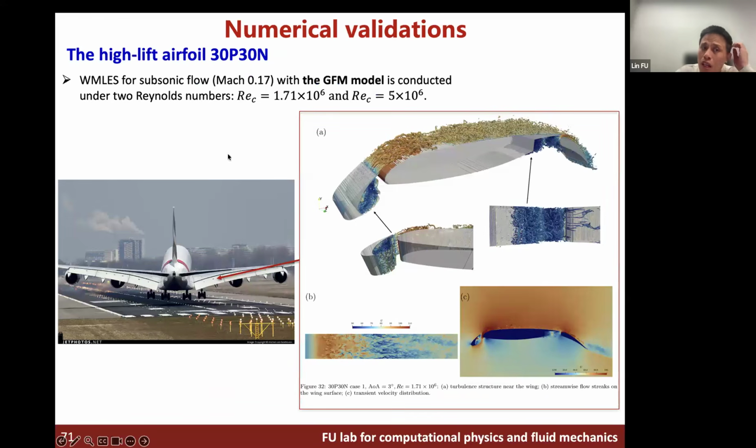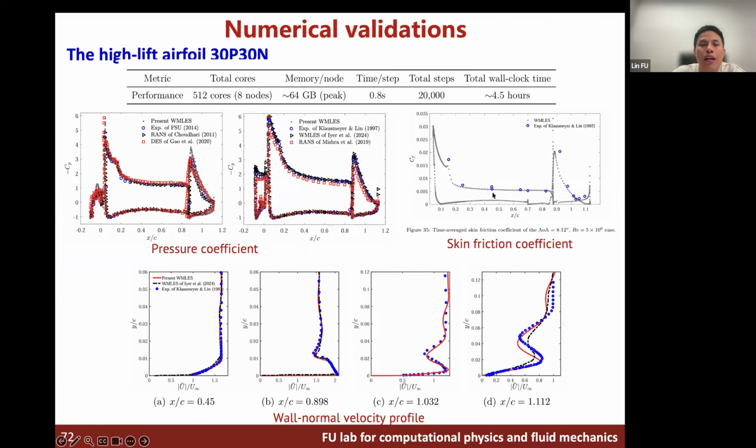Okay. For the more complex high-lift airfoil 30P30N, which is actually a low-speed flow, our model can also function because our model can typically handle flow from Mach number incompressible to hypersonic, right? So typically it can also be deployed for low speed. This is the vortical structure, the turbulent structure we captured. And this is a quantitative comparison of pressure distribution, even the Cf distribution. You can see here we get a skin friction distribution. We get very good agreement compared with the experiment.